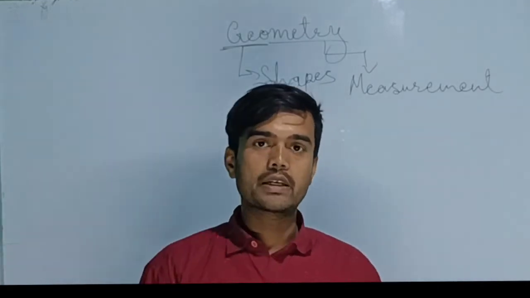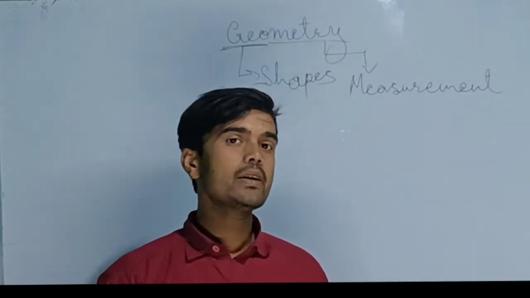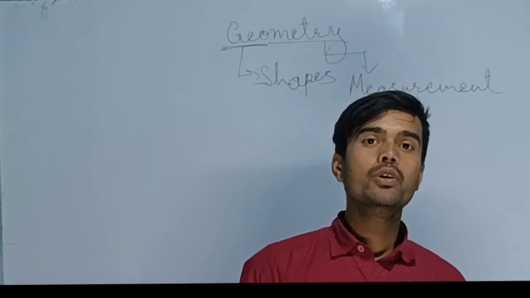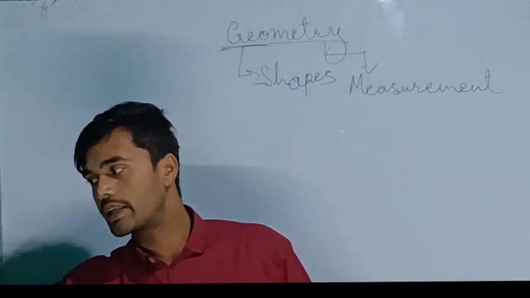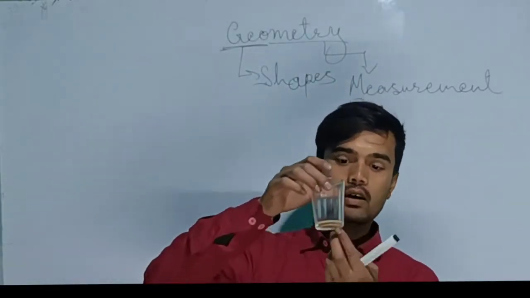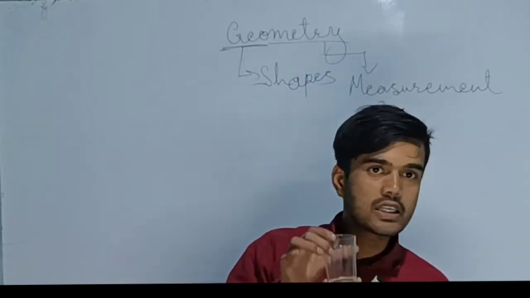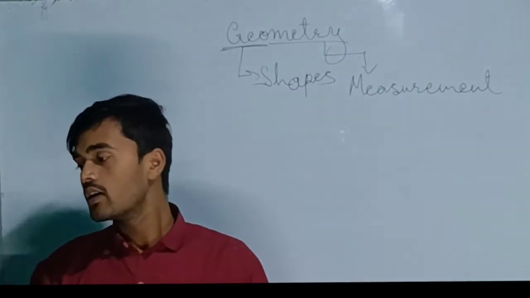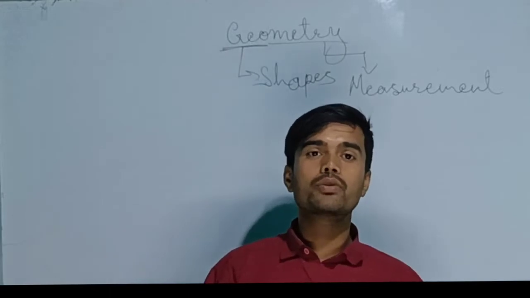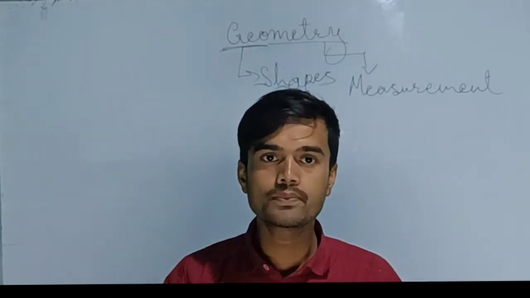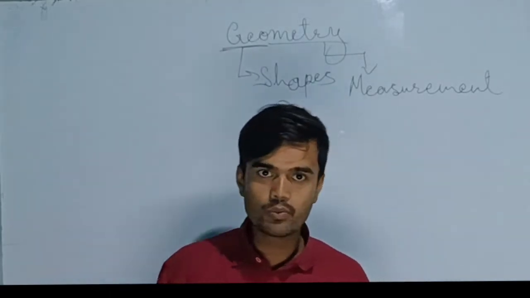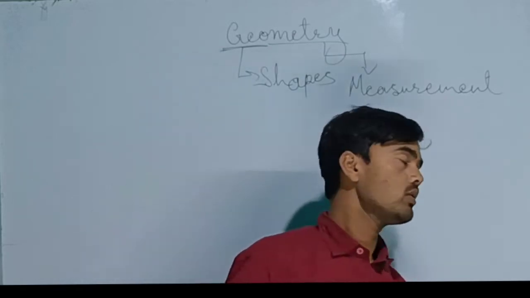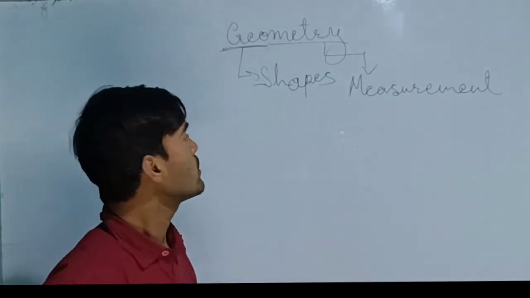How an object or thing has been made. What are the things required to make an object? For example, taking the example of this glass. This glass is in cylindrical shape. So what are the things required to make a cylinder or a cone or a cuboid, rectangle, and so on? First we will learn